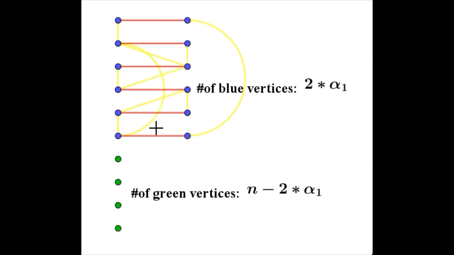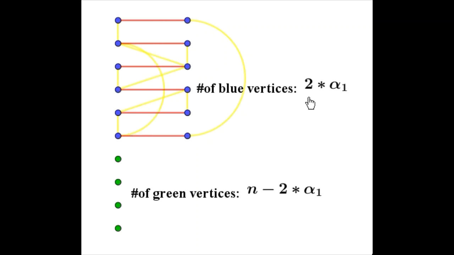So let's start. Here, as you can see, these red edges correspond to a maximum matching, and the value of the matching number here is alpha 1. So basically the number of red edges is nothing but alpha 1, and now we want to use this in order to cover all the vertices. Definitely the edge cover is nothing but a subset of E(G). So we can select these red edges.